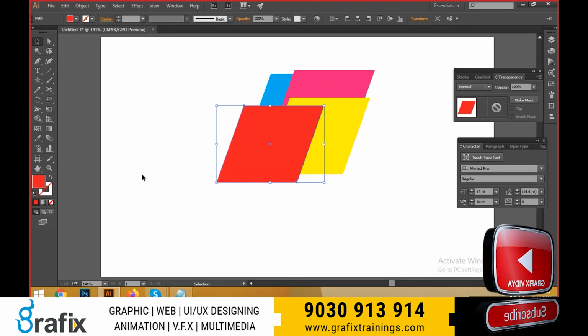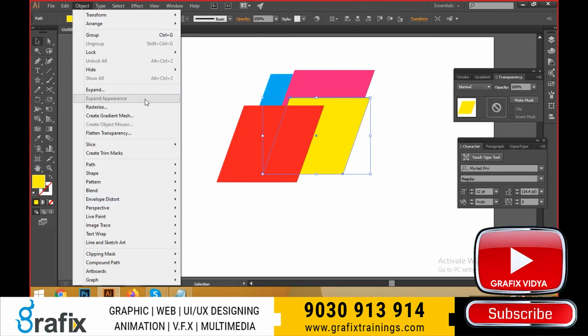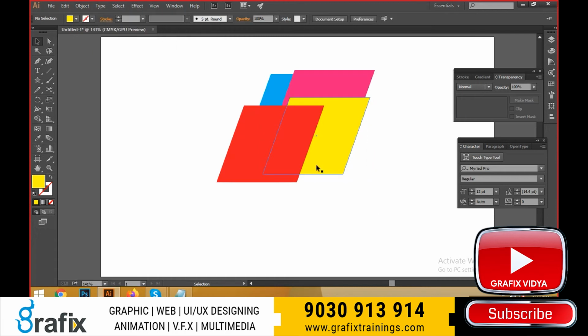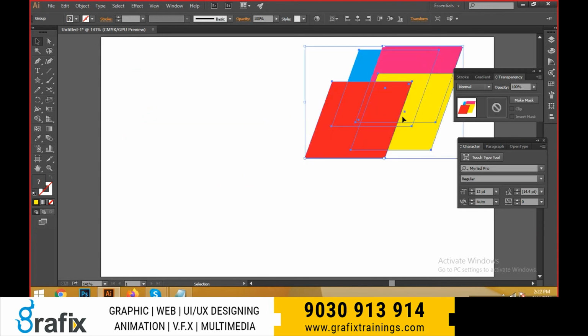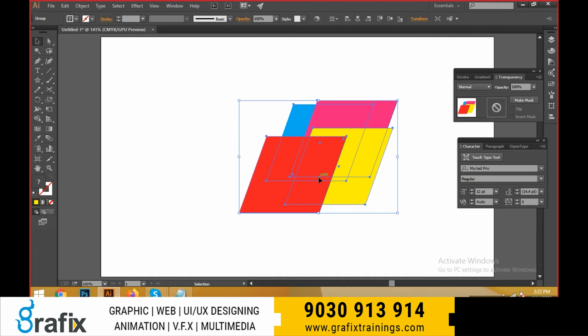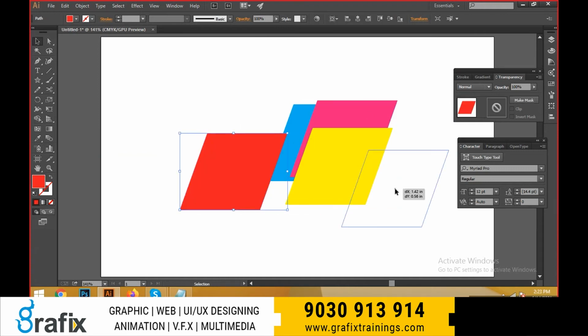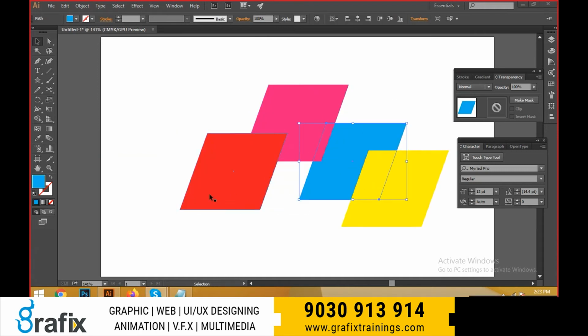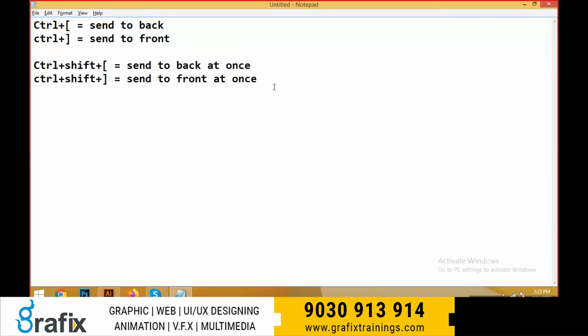Yes. Now select this one and make it a locking or grouping of objects. Suppose how many objects do we have, friends, here? I have 4 objects. I would like to group the objects into a single object. Control G for group. See, I can move all the objects at a time using Control G, the option for making a group, and Control Shift G for making an ungroup, friends. Ungroup.